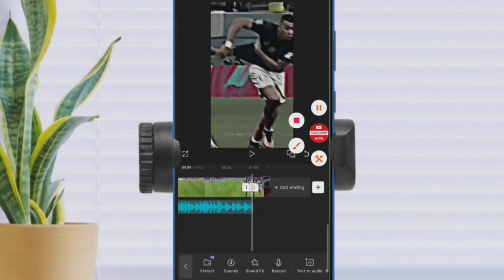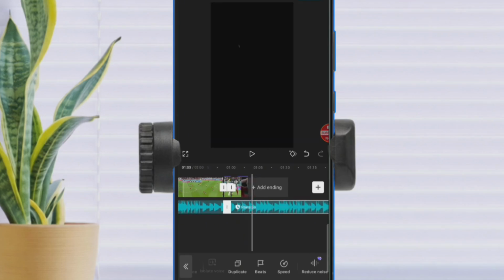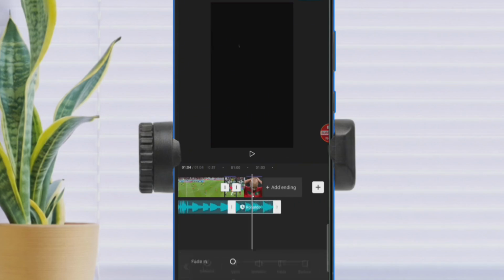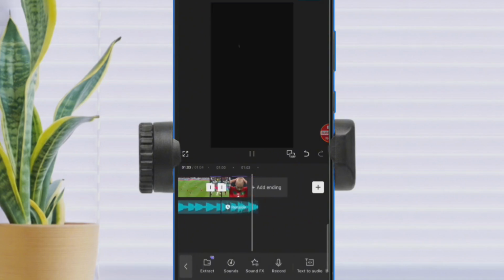Okay, you discover that the sound actually finished before your video. Okay, not a problem. We are going to have a duplicate of that sound because the video is about to finish already. Okay, so we're just going to select the sound, scroll to the right hand side, click on duplicate. Now we are going to crop that sound to make sure it fits the ending of our video. And lastly, we are going to add a fade out. Okay, to add fade out, click on the audio, select fade and increase it. Perfect. Okay, now we are good to go.